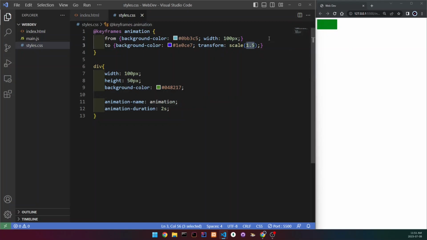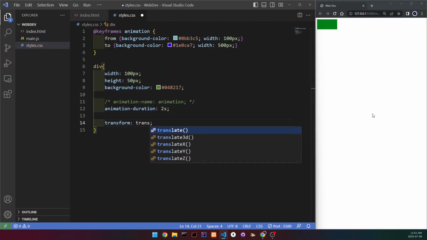So 1 is basically the default value, and then if I do 2, then it's going to grow 2 times bigger. So this is how the scale works. Let's go back again, and I'm going to go over something that's pretty nice. It's called translate. You can use the Y or the X, but I'm just going to use the X